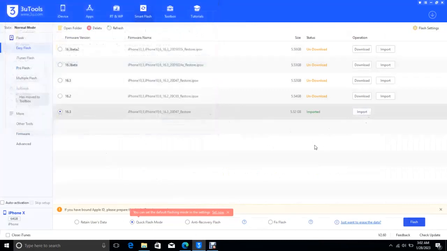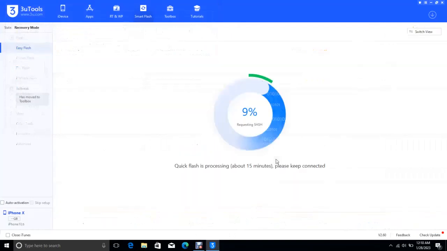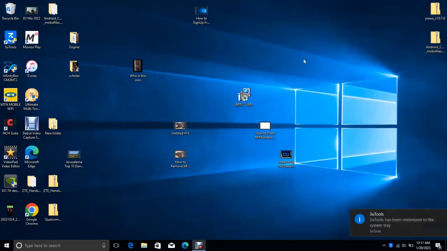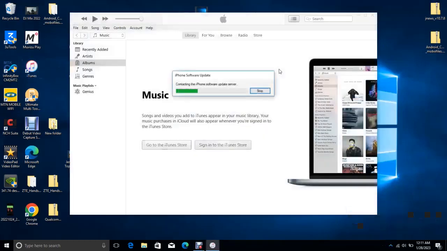I'll select this, then click flash. Click flash again. It jumped to 9%, meaning that it will still end up the same way. Wow, that's a problem. So we'll figure it out. We'll close this. Then let me try